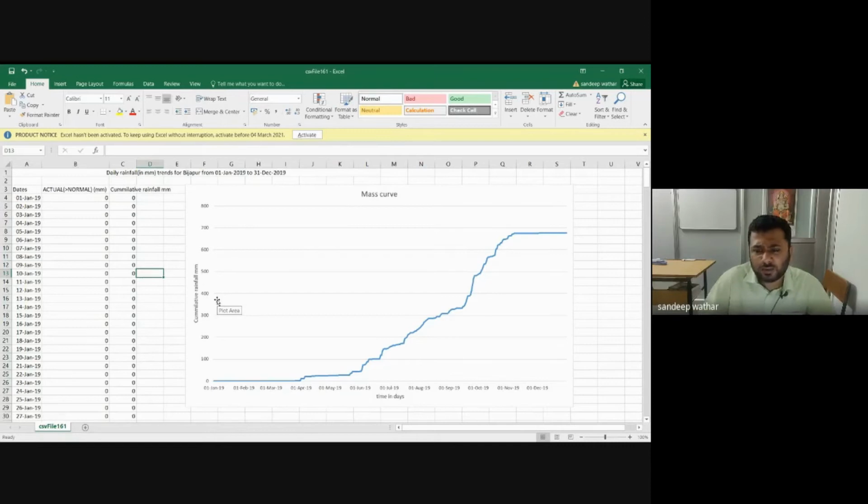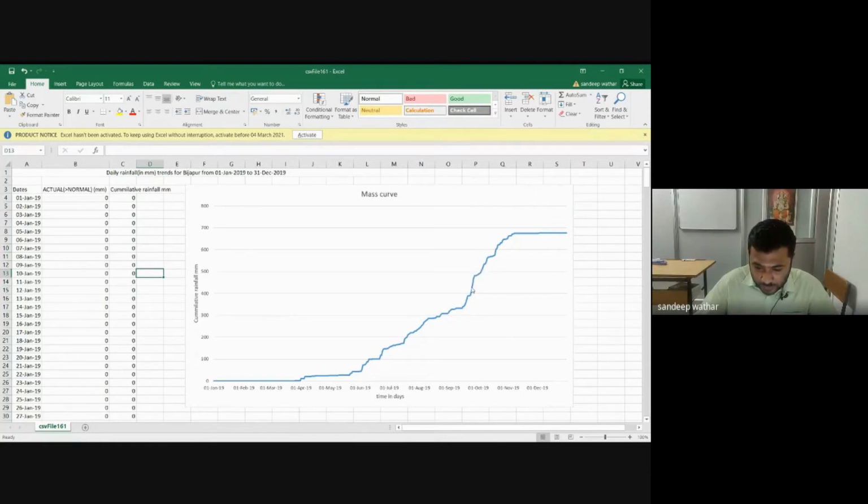I hope you have all drawn a similar curve earlier in your BMT lab, the basic material testing lab. There you draw the stress strain curve for mild steel, right? So you try to interpret the relationship between stress and strain. In a similar way, we can also try to understand the gradient at any point. This is somewhat like a line with nearly a 45-degree angle, so the x and y values can be related as constant. You try to understand this point.